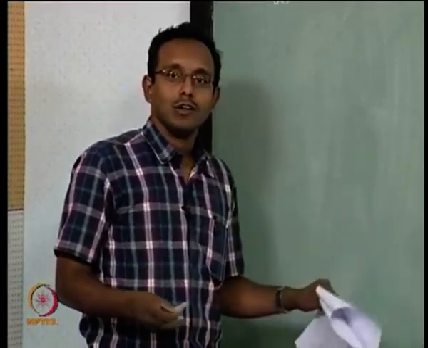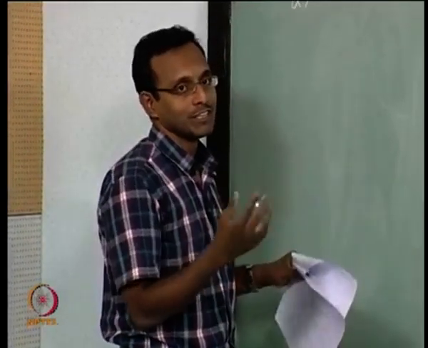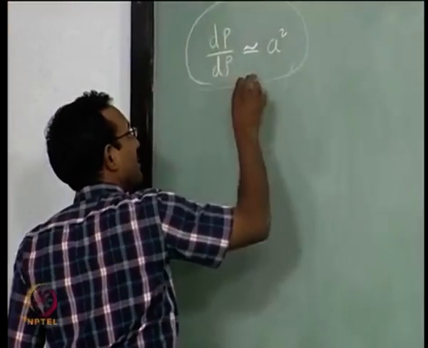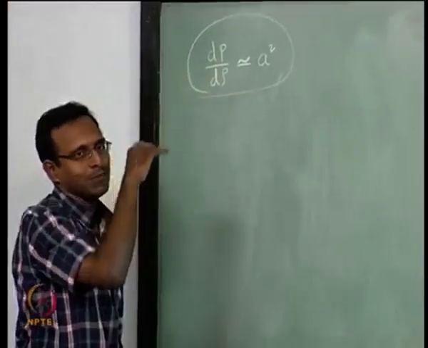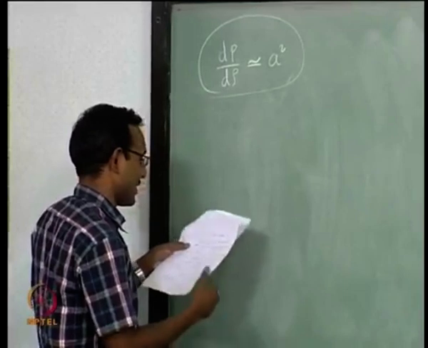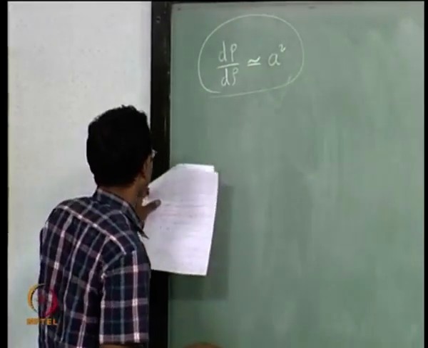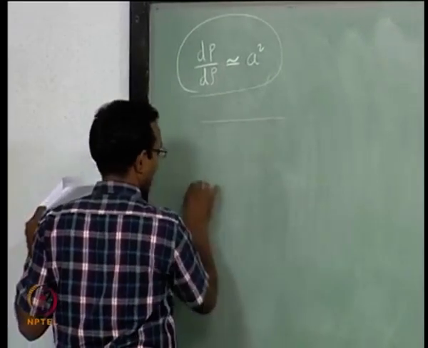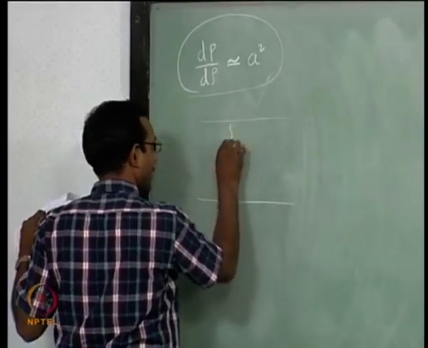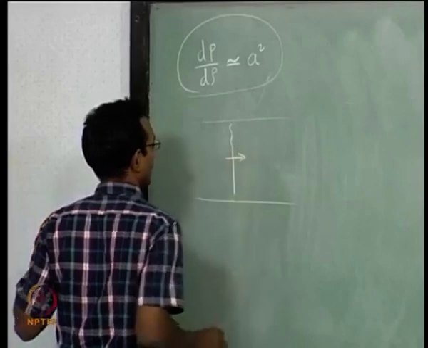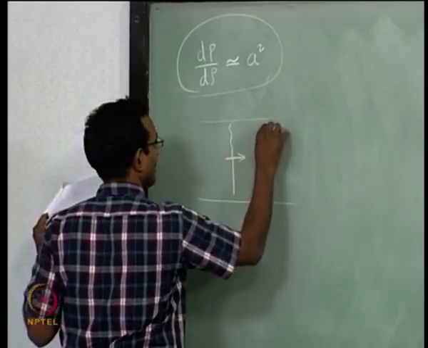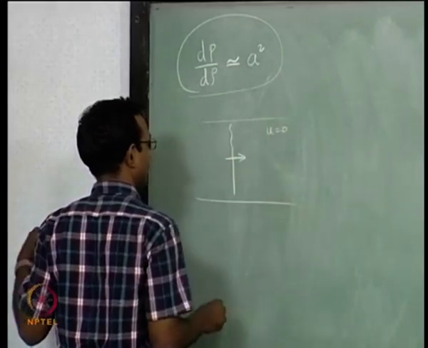Now, let us look at it from the point of view of a shock, a wave that is moving. It is not a shock, it is actually just an expansion wave. Okay. This came from the speed of sound derivation. I did not want to derive the same thing again, just go back to that lecture notes and you will see it. Okay. Now, I will go to another reference frame where I have a wave that is moving, and the velocity is 0 here.